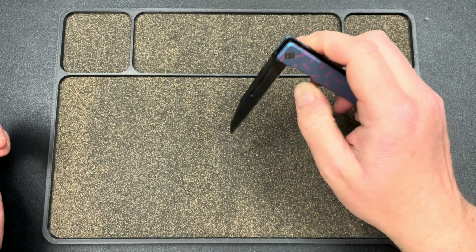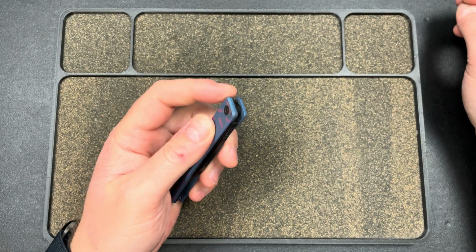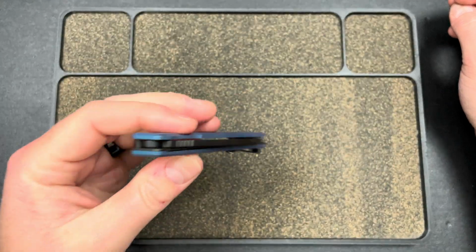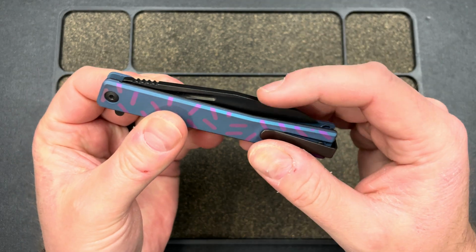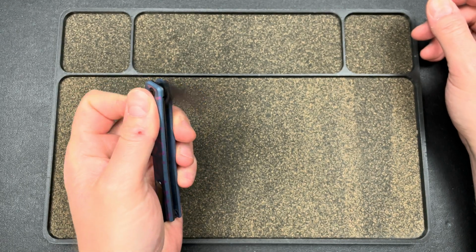Hard to explain, but I think it is centered. It just doesn't appear to be. The detent on this is amazing. It's absolutely phenomenal. I mean, you can hear it just fire out of there, and it gives a nice click on the close. I mean, there's nothing better than a snappy detent